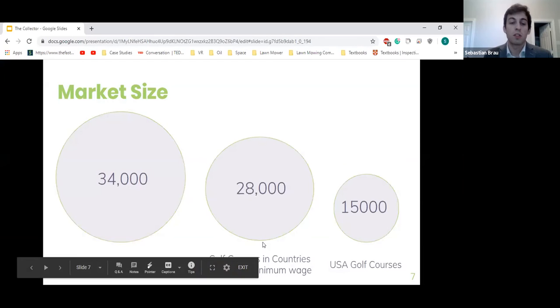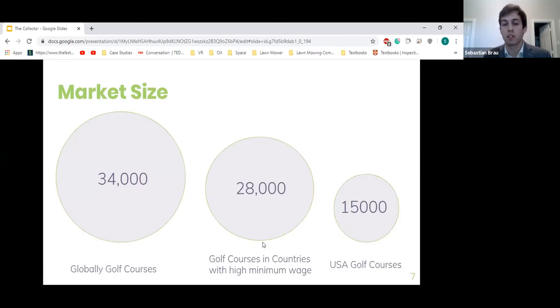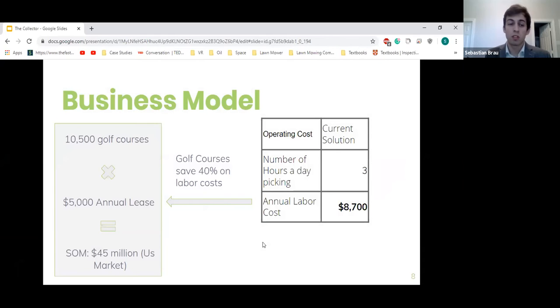As market size, there are 34,000 golf courses globally. 28,000 golf courses are in countries with minimum wage higher than $8. Finally, 15,000 golf courses are in the United States. As a business model, the way I calculate my serviceable obtainable market is by finding golf courses that